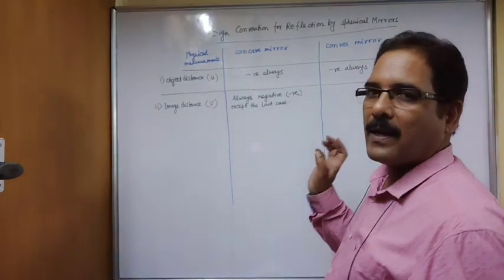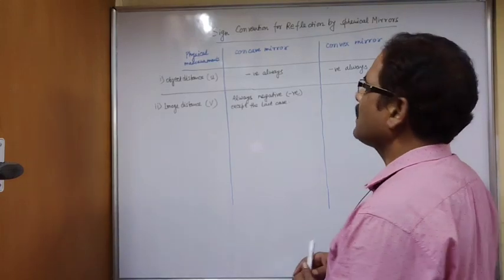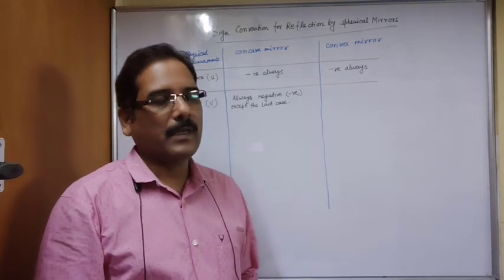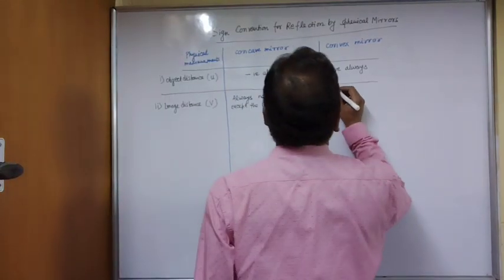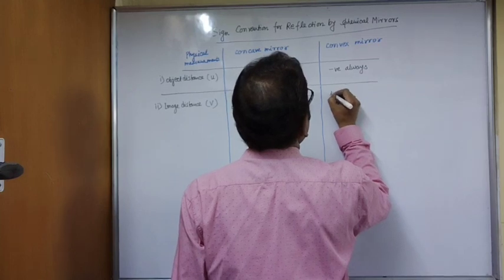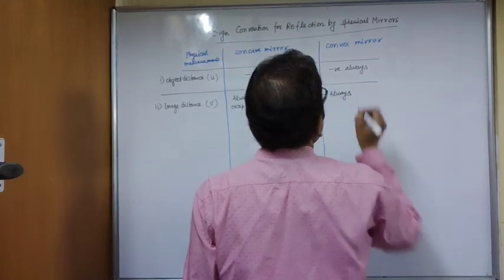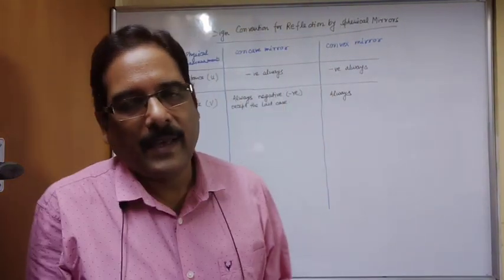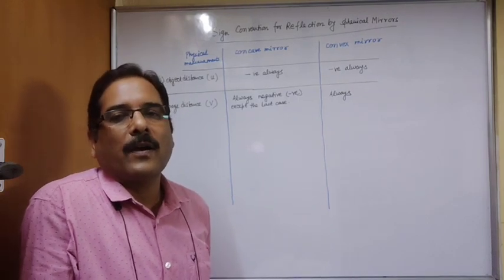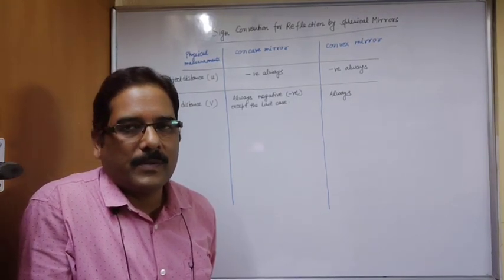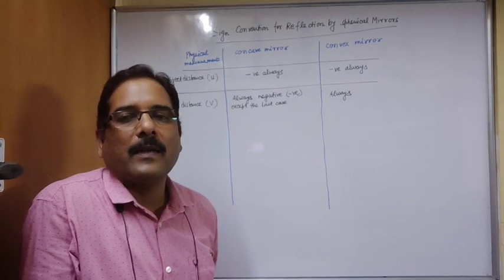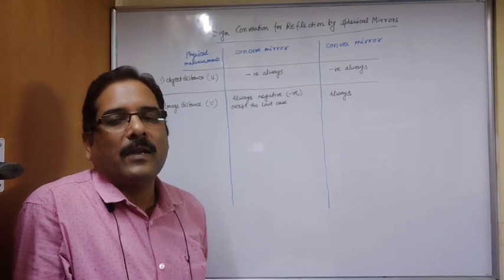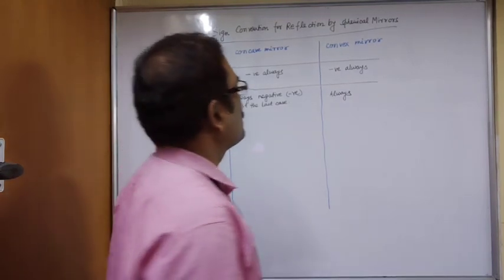Now in convex mirror, as we have discussed, in all the cases we are getting images between P and F, isn't it? So in this case, always negative or positive? As we have discussed today, in case of convex mirror, whatever be the position of object, we will get virtual, erect and diminished images between P and F. So all the images are virtual erect, it means towards right of the pole. So always positive.